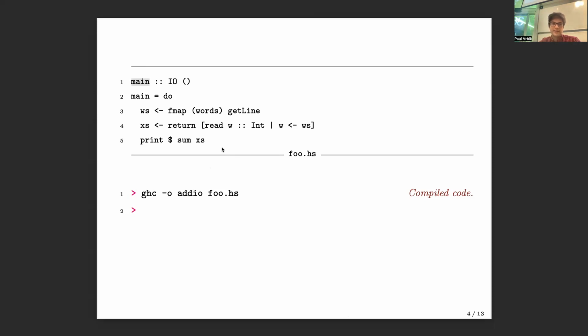Okay, so I'm just going to delete everything. This we're going to change to main. What is this called? Foo. So it's now GHC with no I, because we don't want to enter the interactive mode. I want this to generate